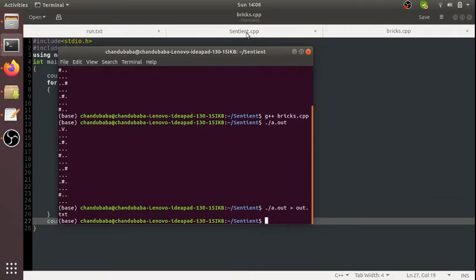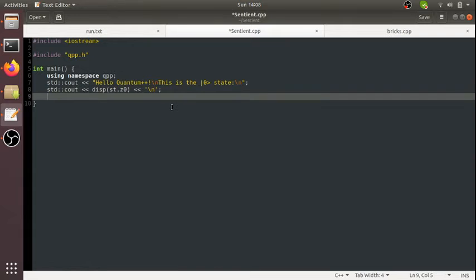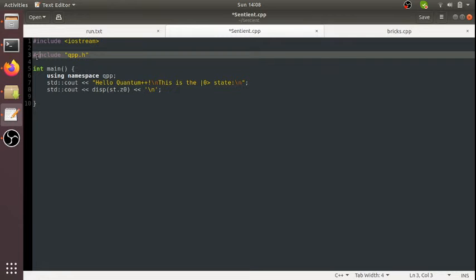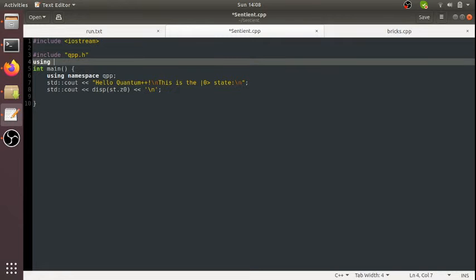Now I will run on the sentient. I don't know what to do here, but I'll use. Why am I using this std? Using namespace std. Using